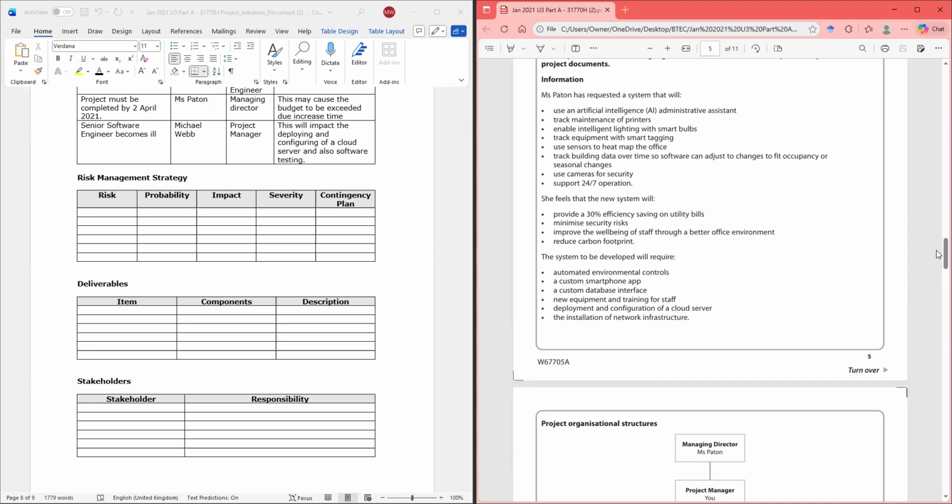Let's look at a system that will use that. So what are we going to get? Customized data app interface. So these would be our deliverables. Automated environmental control.